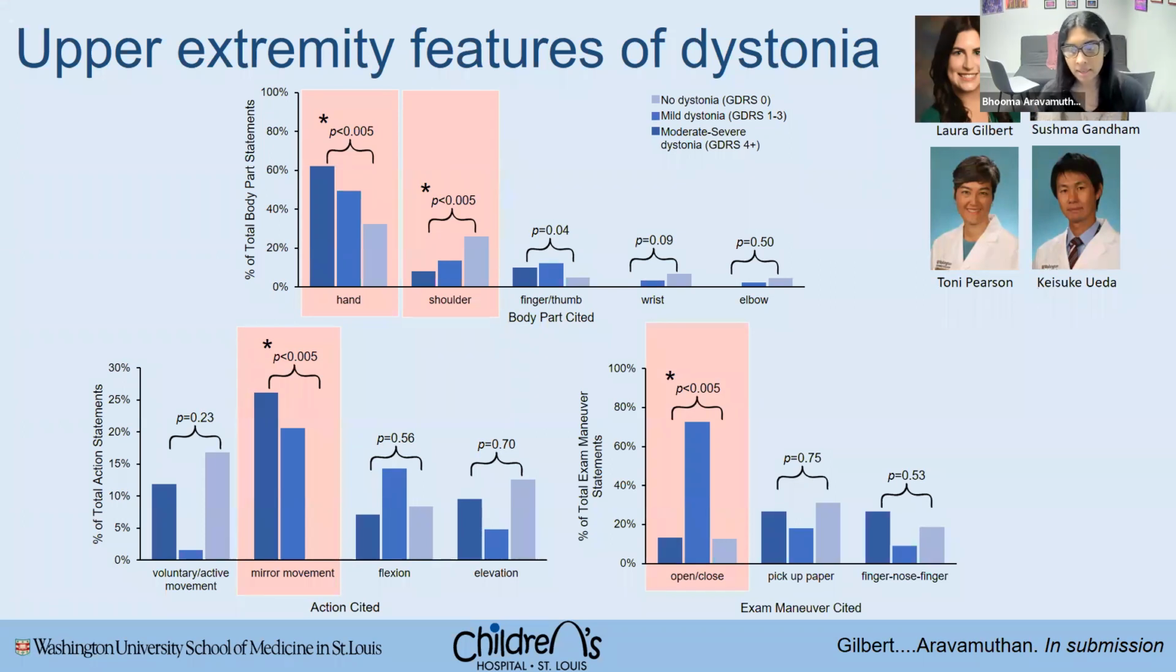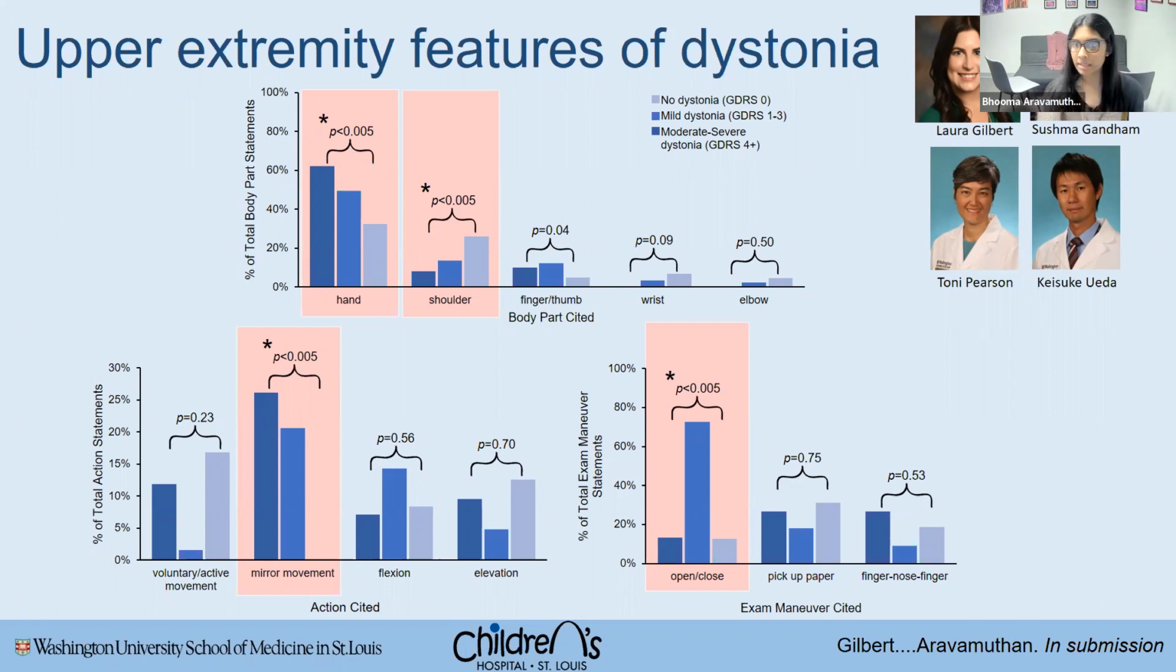clinical practice. Of all of the upper extremity movement examination features we tried, it was this alternating hand open close task that experts felt was the best at discriminating dystonia. And they cited it the most specifically for people with mild dystonia. They felt that it was this task that allowed them to help differentiate the presence or absence of that mild